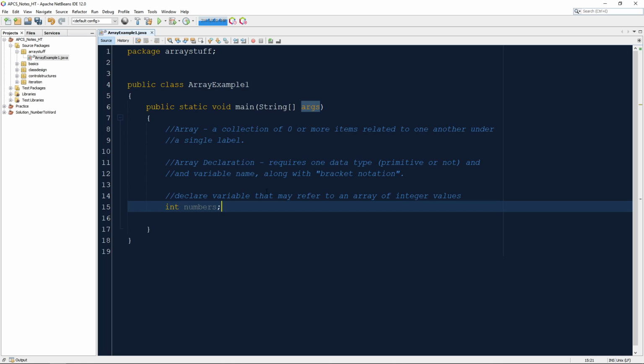So we're kind of confusing ourselves, and this is why variable names are so important, is it's kind of a lie to suggest there are more than one number here by calling it numbers. The solution is to add that bracket notation. So to make a variable from a single value to an array of values, we use bracket notation. So after the data type, we put an open and a close bracket. Typically, the Java standard says the brackets are after the data type. I think, and I'll do it and test it, so I'm going to say Java standard